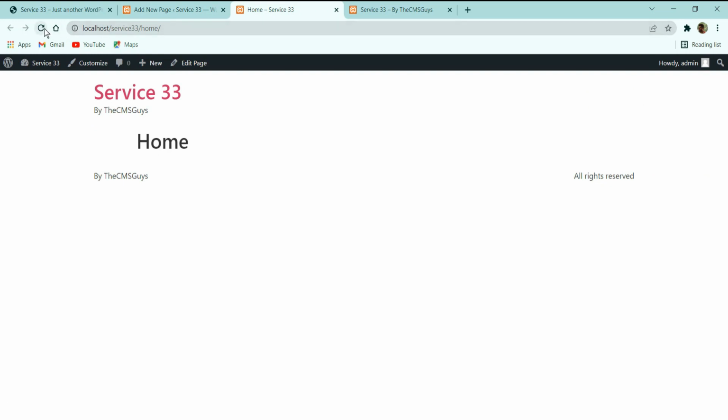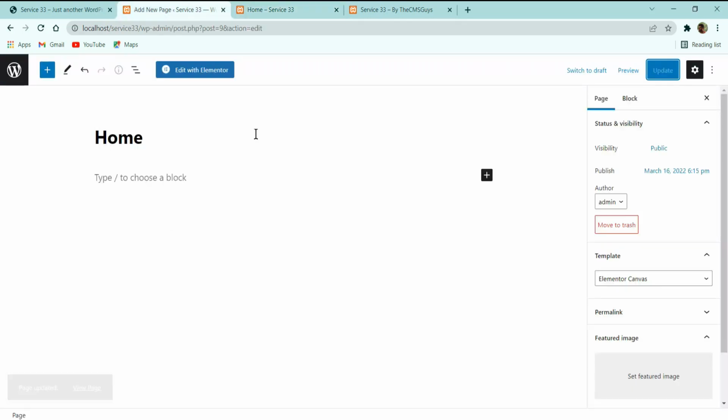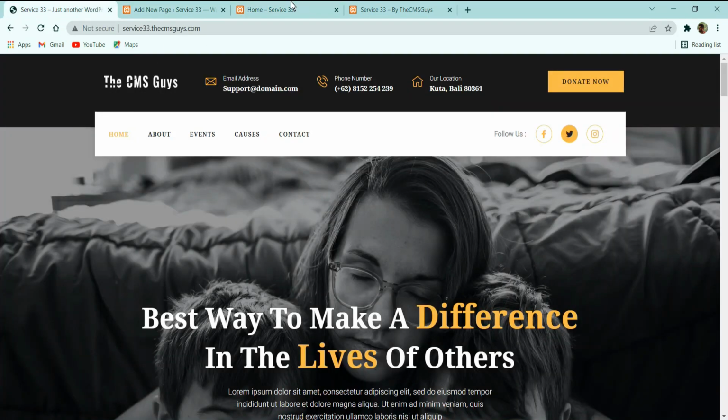Now let's refresh it, and let's see what we are getting. So here you can see it is a completely blank page. So now this is what we want, a completely blank page. Now one more thing I just want to show you here. If you see, our home page is